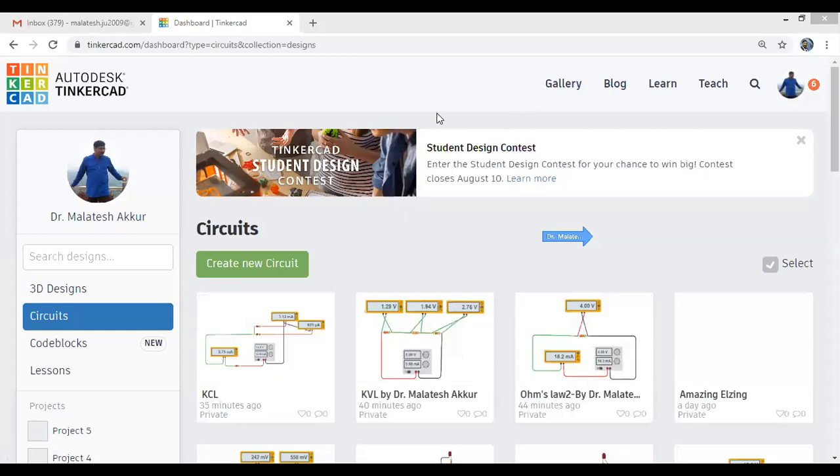Excuse me, sir. Yes, tell me. Sir, these sessions, where can we get these videos? Tinkercad. I showed in the beginning. Just go to Google Chrome and type Tinkercad. You can see on the screen, right? Tinkercad.com. Just click on that and log in with any Gmail ID. You'll get the screen now and you can work on that. I'll show it again in the end, don't worry. Okay, fine. Thank you.